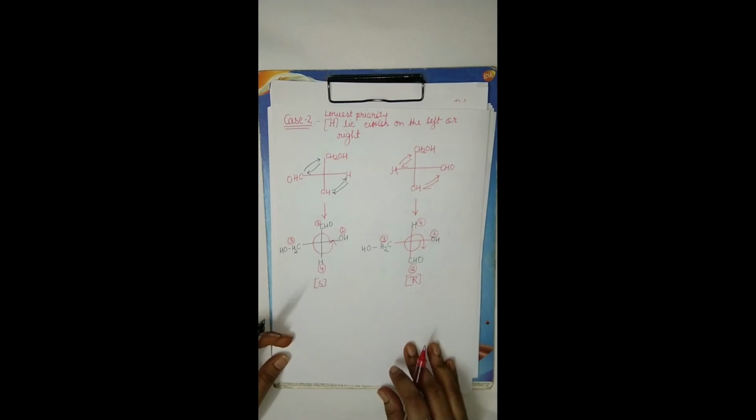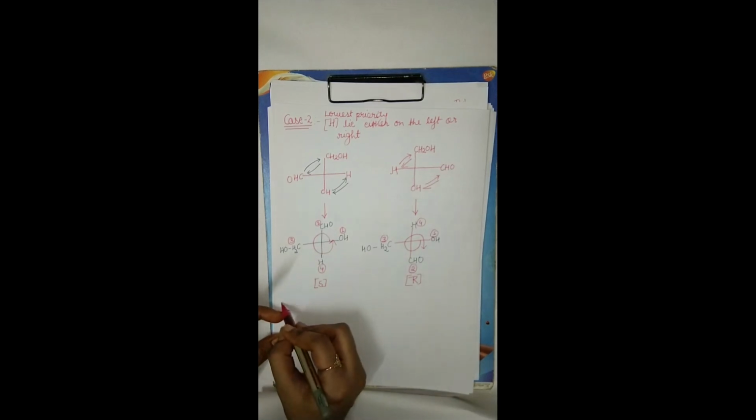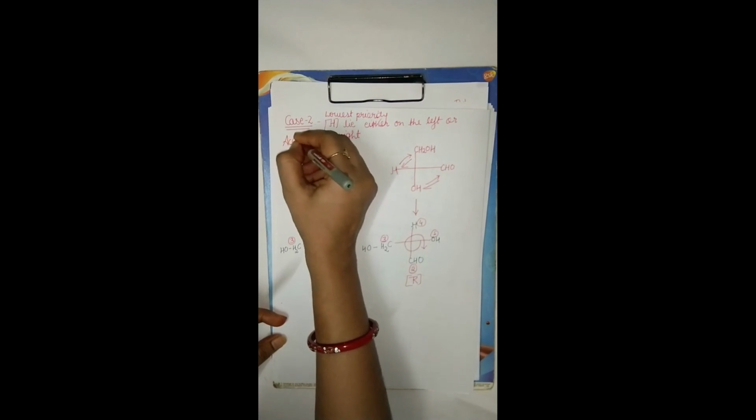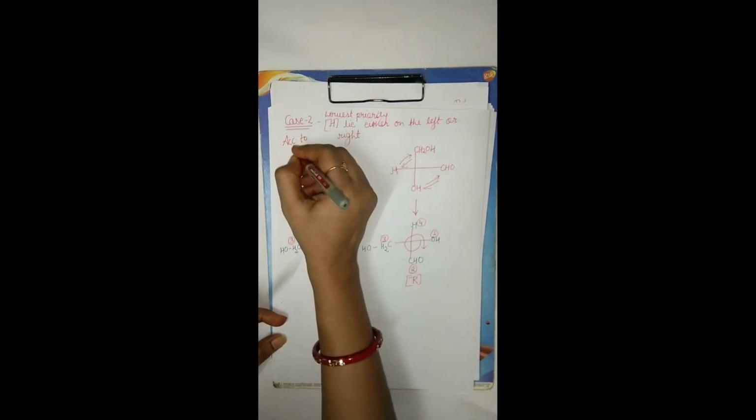Okay, if this question is asked, then you have to rotate the compound at 180-degree angle. Always remember, according to Fisher, it should be rotated only at 180-degree angle, in which all the vertical bonds become horizontal and all the horizontal bonds become vertical. Okay, this is according to the Fisher projection.